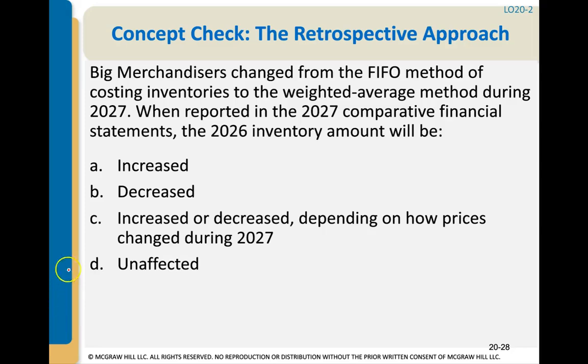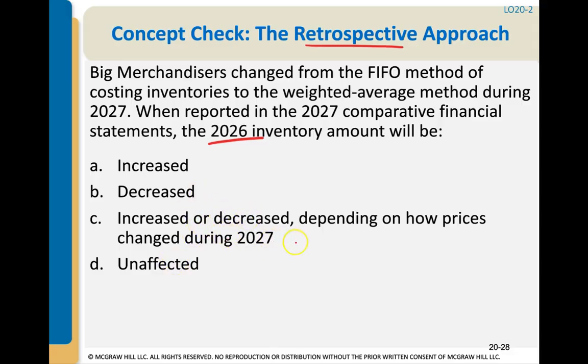Let's take a quick concept check. Big merchandisers changed from the FIFO method of costing inventories to the weighted average method during 2027. When reported in the 2027 comparative financial statements, the 2026 inventory amount will be what? So first, it tells us that they changed accounting principles, which typically means the full retrospective approach. And when they have to report the prior year inventory, will it be increased, decreased, unaffected, or could it go either way